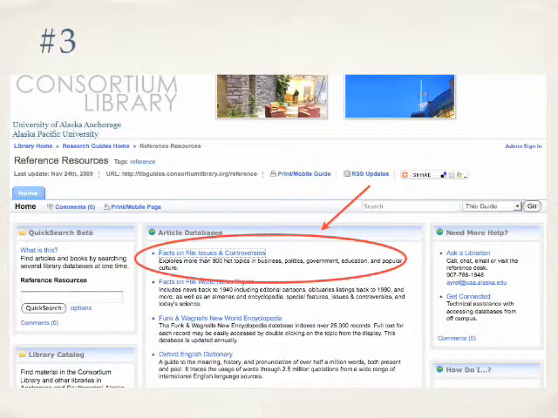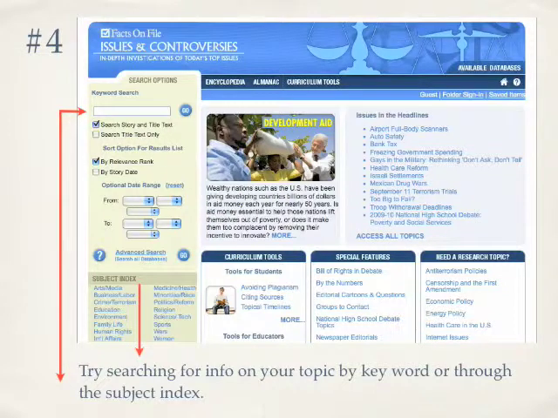So if you select that link, if you're not on campus already logged into a library computer, you may be required at this point to enter your UAA username in order to access this material. And again, that's just because this website I'm going to show you is subscribed to. It costs money. So the library pays money so that you can access it. So make sure you enter your new UAA username as well. But once you click on that link, you should be taken to Facts on File, Issues and Controversies.